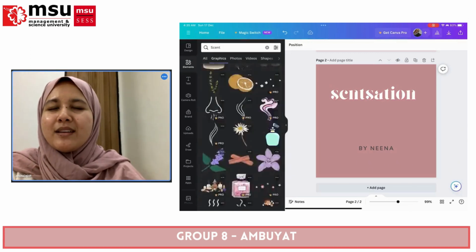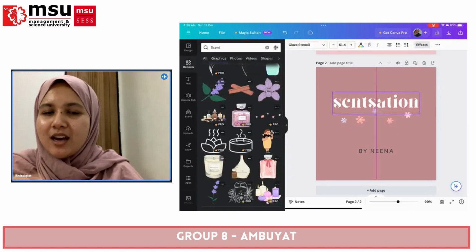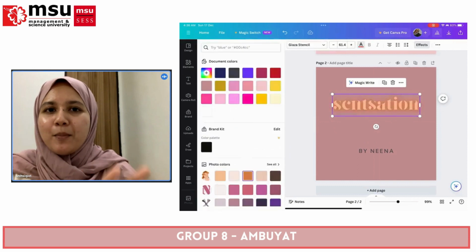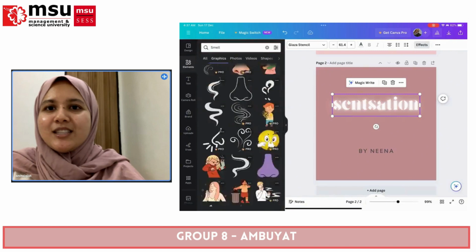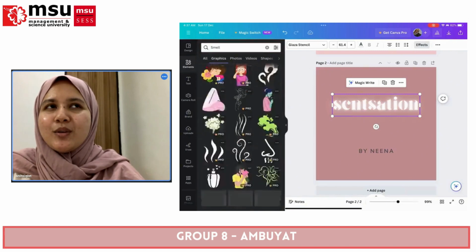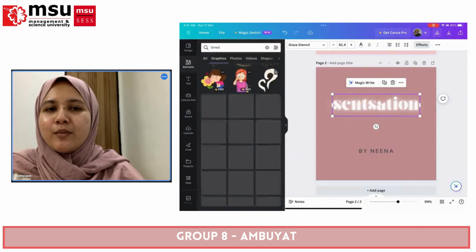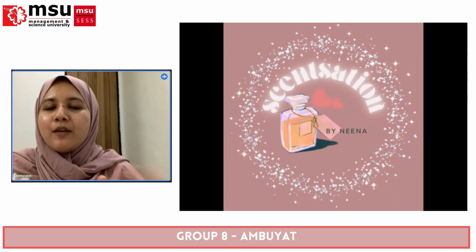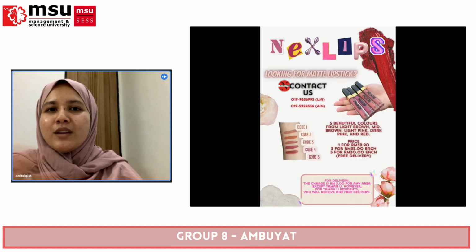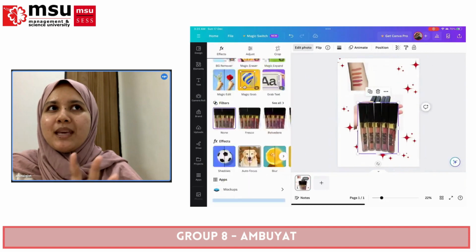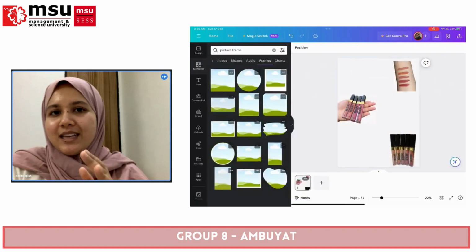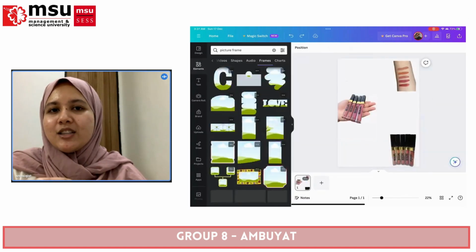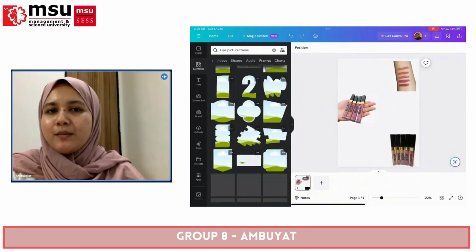I use pink to make it pop out a bit because, as you know, Nina is a girl. So I portray that side of her with the color pink. But for the brochure, I don't use much color. I use white to make it look like a friendly company where it sells men's perfume and also women's perfume.